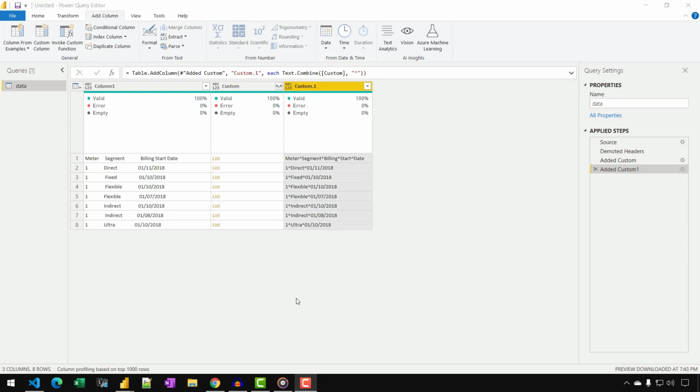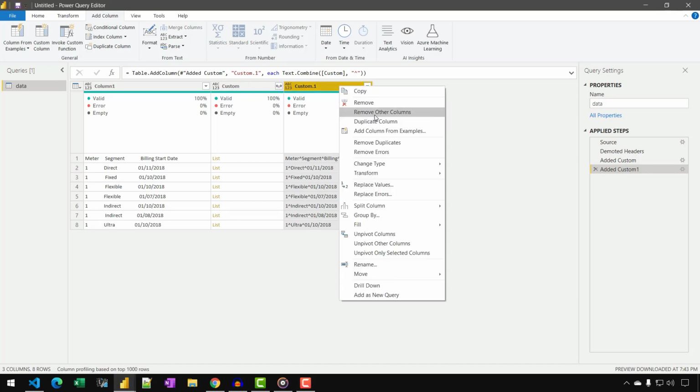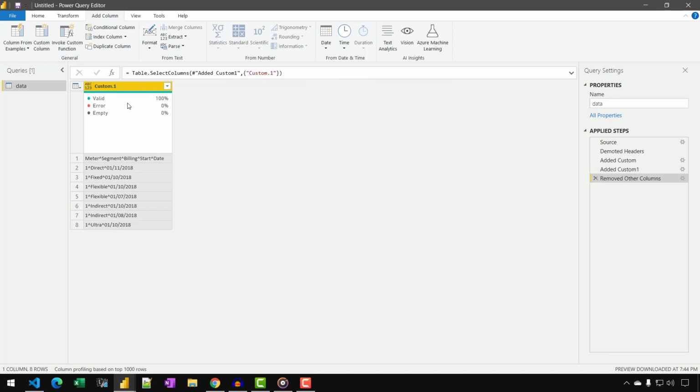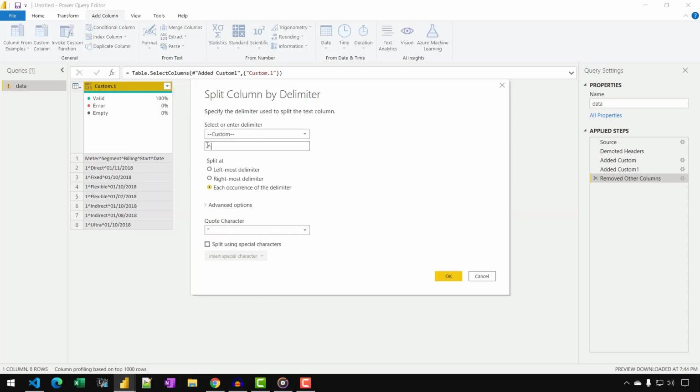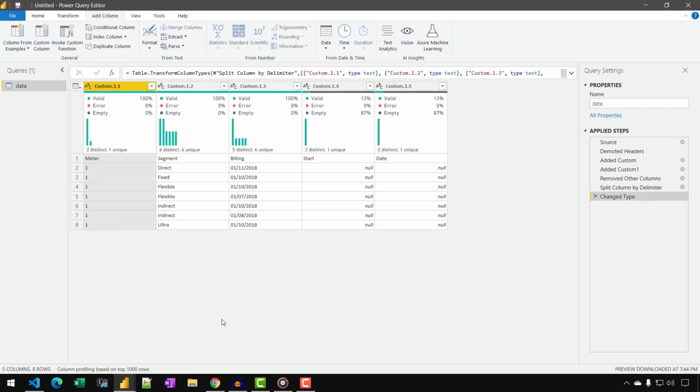Now all that needs to be done is simply remove all the other columns by selecting Remove Other Columns, and then split this column based on a delimiter. I'm going to select the Split by Delimiter option, and I have my tilde provided in the first argument, and I need to make sure that I have selected each occurrence of the delimiter and then click OK.